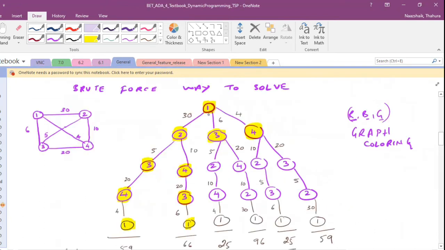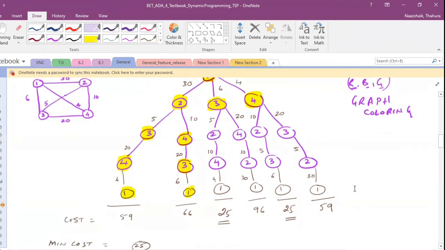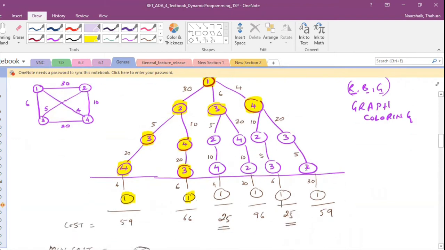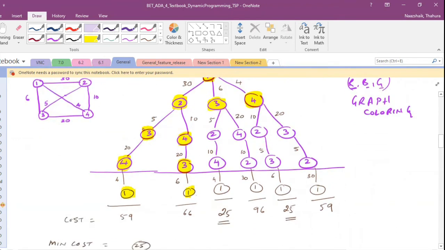You can put down the cost for each of these vertices. Okay. And when you come down, this is the last possible combination you have. And from there, your cost should also include going back to 1 because that's what the path is, right? You start with 1, you visit all the vertices, and then you go back to 1. So if you have so many alternate paths, you have 1, 2, 3, 4, 5, 6 ways of doing this. And if you ultimately calculate the cost of this, right? So this path, if you take, the cost will be 30 plus 5 plus 20 plus 4, which is 59. This cost will be all of these edges, which is 66, right?